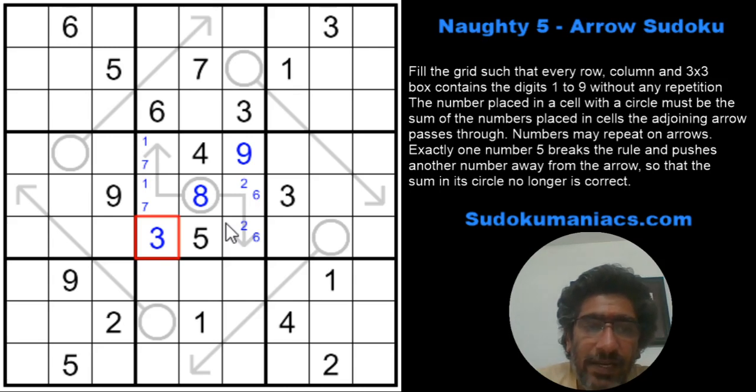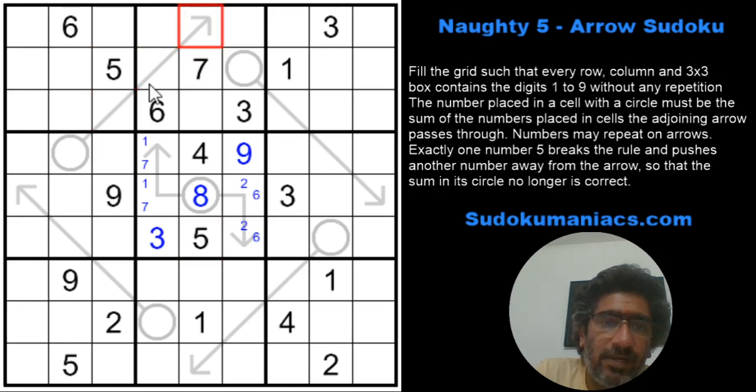So we try to identify arrows which will have to be correct, because no other digit can displace another digit. It's only the 5 that has to displace one of the legitimate ones, right? Now when I look at this arrow again, 5 cannot be here, this 5 eliminates the possibility from here. So none of these three cells can be a 5, which again means this has to be the legitimate arrow. So when I look at this, 9 can never be on the arrow line.